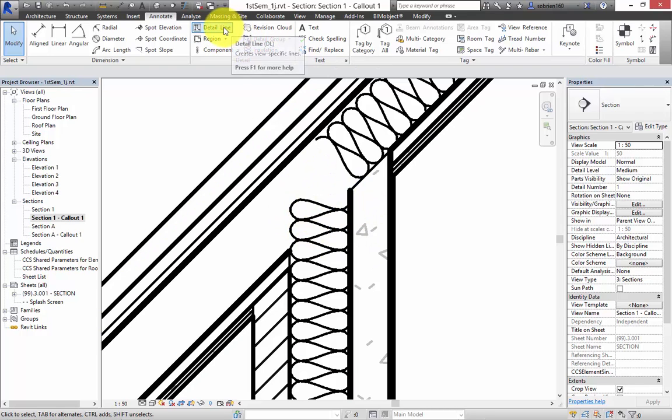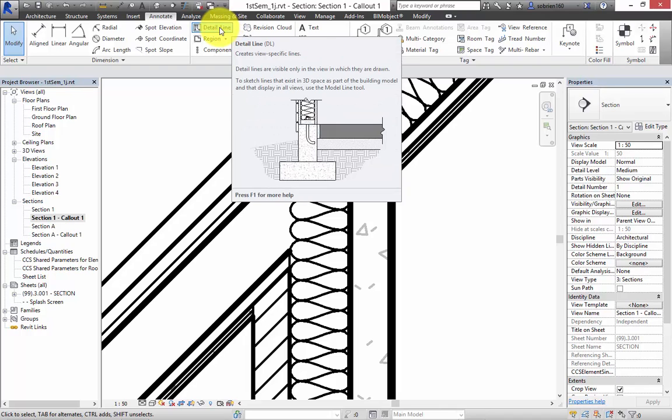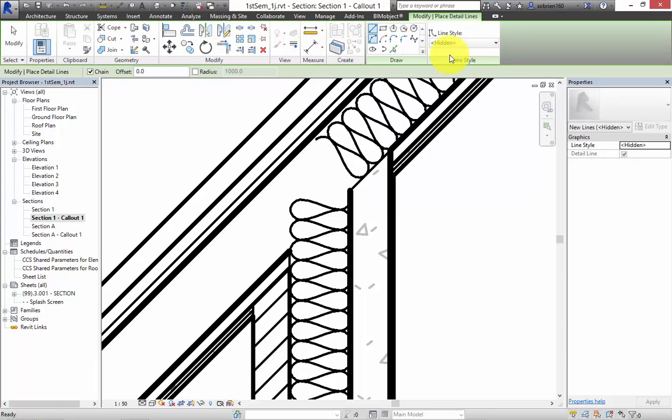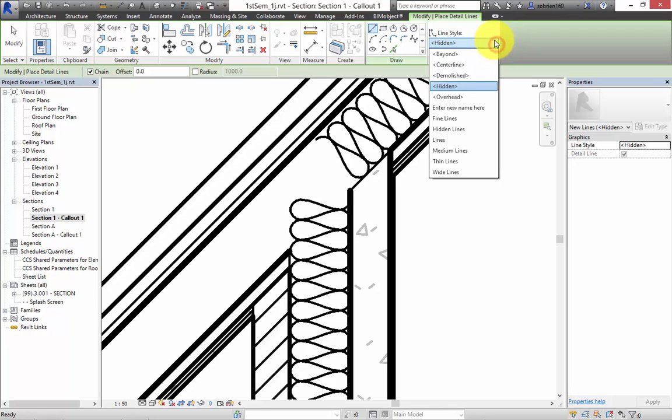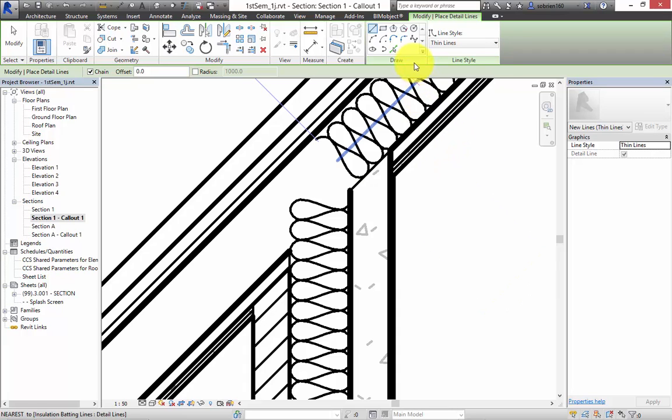And you do that by using these detail lines. And detail lines are just what they say, they're just lines. So I'm going to choose a detail line here, and you get an option to choose different types of lines. So you can choose dashed lines or dotted lines or red lines or blue lines, or different thicknesses of lines. But all the details in Revit are generally drawn under thin lines. So I'm going to choose thin lines, and then I'm going to use this spline tool,